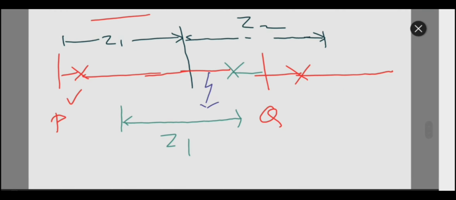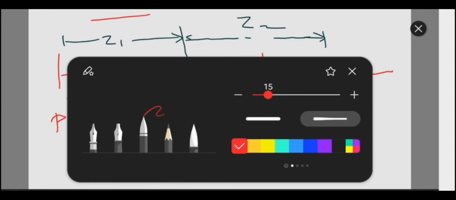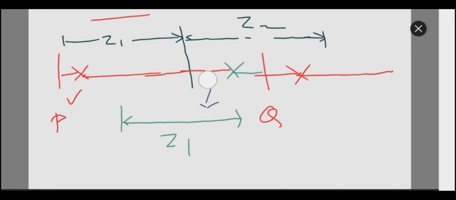So if the fault happens here, then the receiving end relay, that is Q, will sense the fault in 0 seconds and will immediately give a trip command to this breaker.